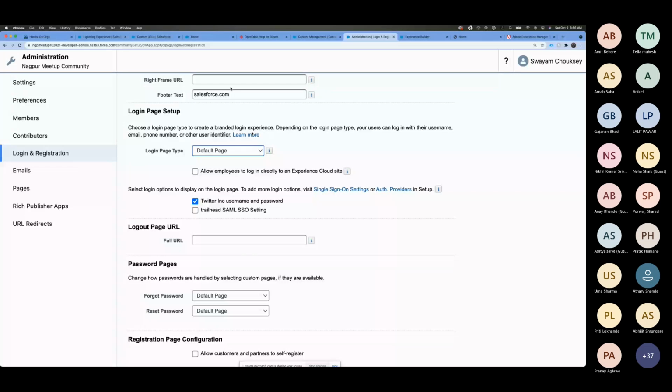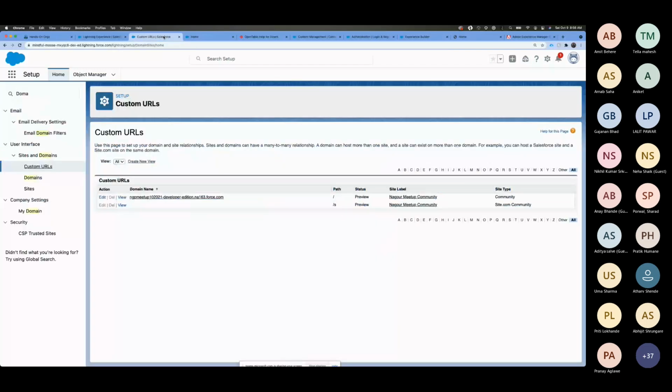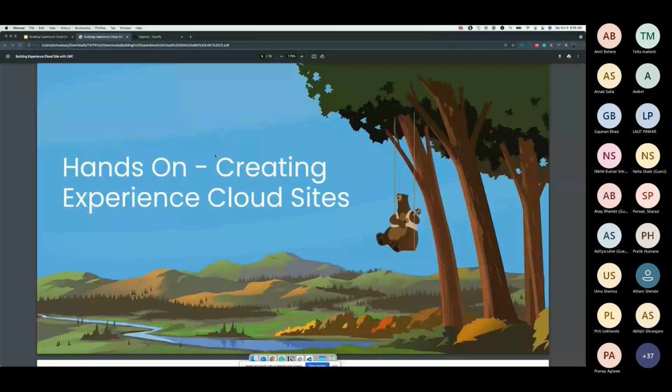Okay, so we have spent enough time on Q&A. Let's quickly run through the small LWC demo. Again, a lot of people already know LWC, so I will not go into too much detail, but we will go through a quick small demo of an LWC component.